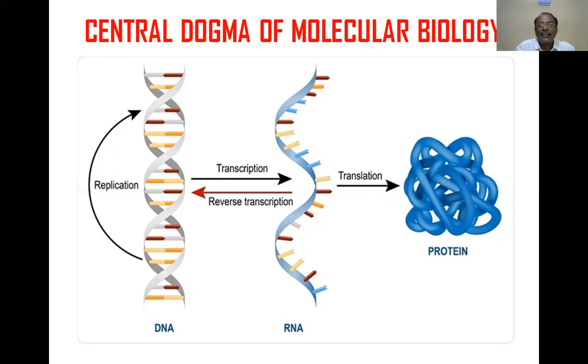That is what Watson and Crick said, and this they called the central dogma. The central dogma is: DNA produces RNA, RNA produces protein. Reverse cannot happen, they said on that day, but later on, the development of science has proved